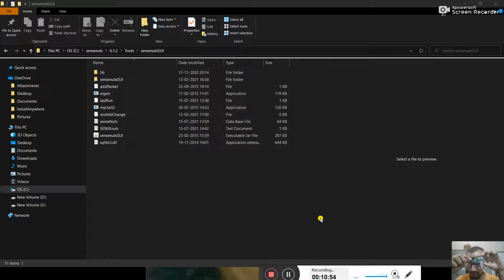I have also put some images of this sensor node in the video, so you can see that here is a module, and now this is a gateway. Here you can see the Zigbee module, and there is one sensor node.